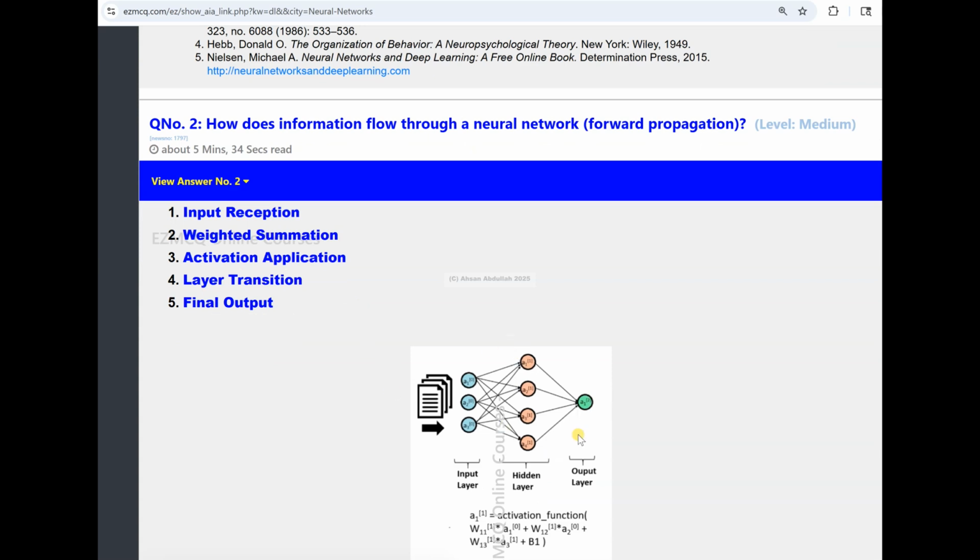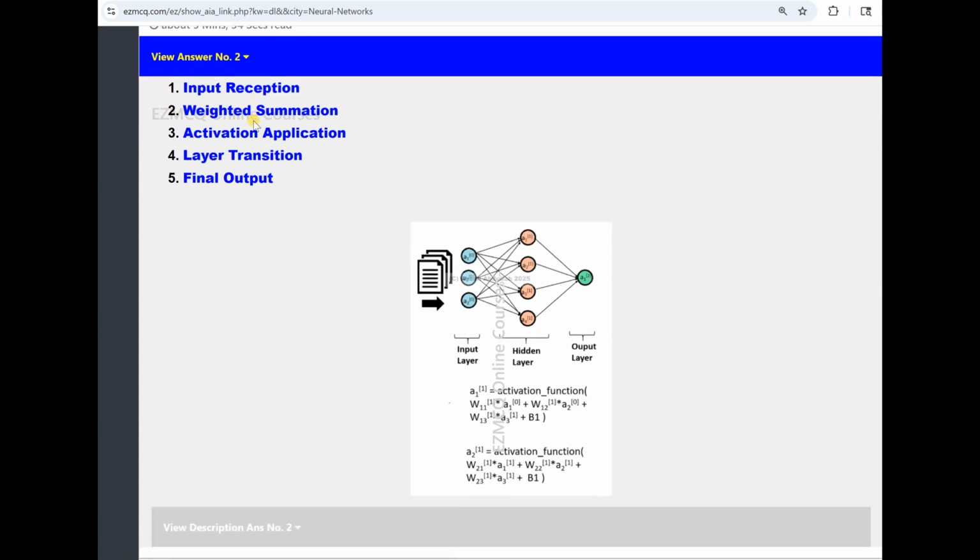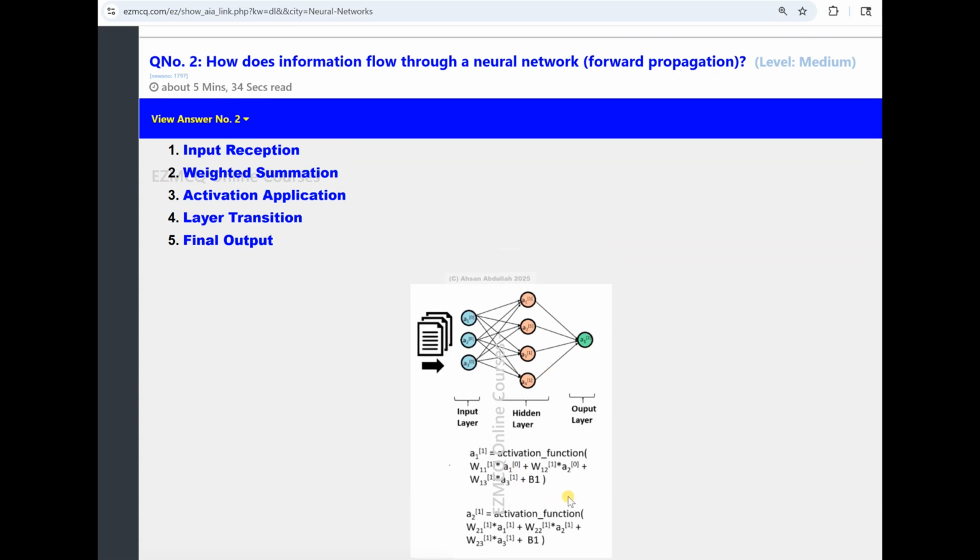This is the structure of that artificial neural network, which we discussed in the previous Q&A. As you can see, we have the input layer, which is the visible layer. This is the output layer where the output comes, and this is the hidden layer, which is between the input layer and the output layer. As we go over these bullets, I will talk about what all this means.